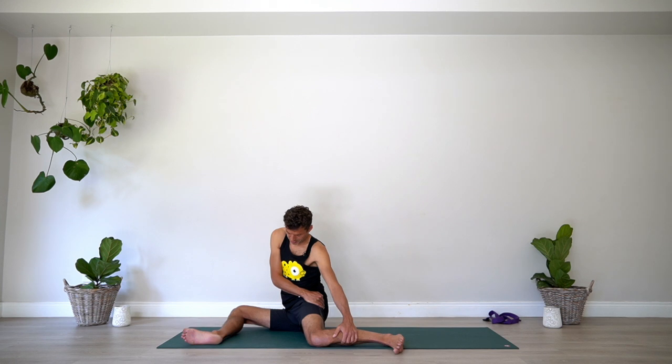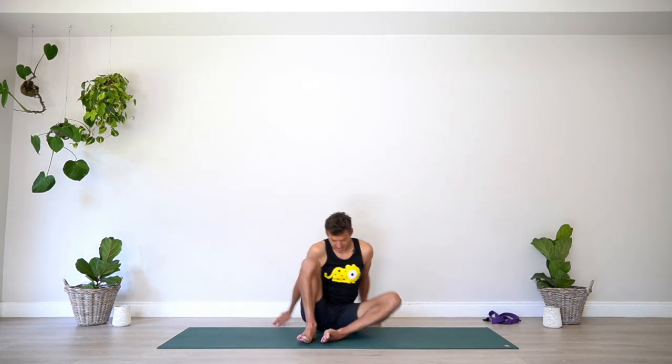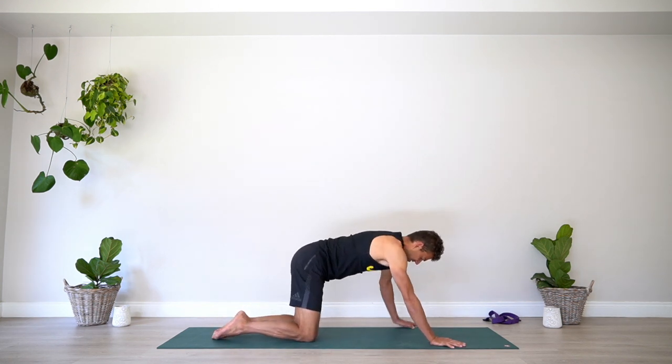Another moment or so, if the breath is calm, you're also sending a message to your body that this is a good position to be in. There's no danger or emergencies happening, which cause the body to close down, of course. And then slowly release. Maybe windscreen wipe a couple of times just to feel the after effects. And then last a little resting pose at the end of our